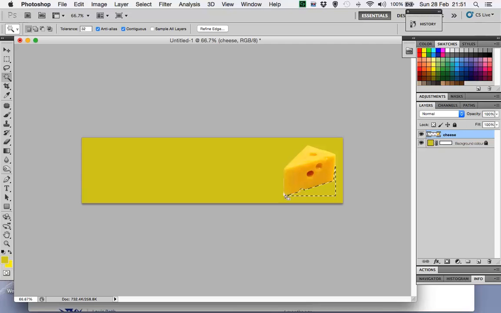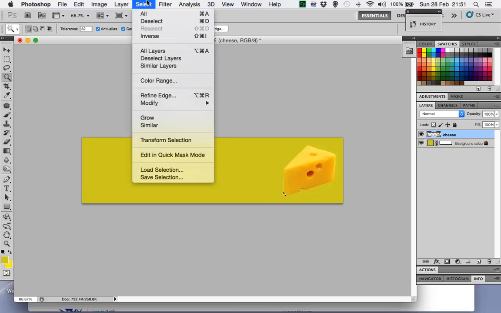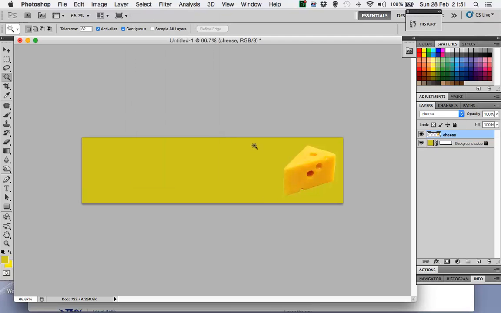And I've got a tiny little one down there, and I'm fairly happy with that. Again, we're going to go to select and deselect. I'm pretty happy with that. Remember, if you want to move it, go back to your selection tool. I'm quite happy with that. So that's my cheese picture. I'm going to lock it. I'm going to make a new layer